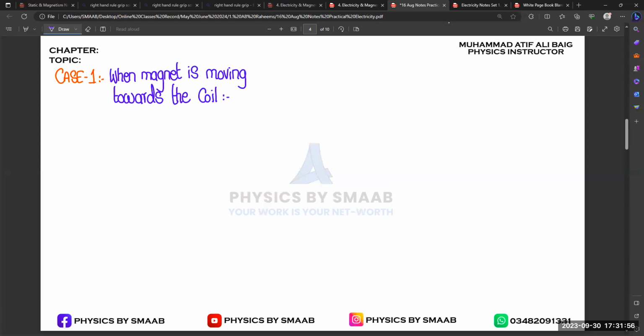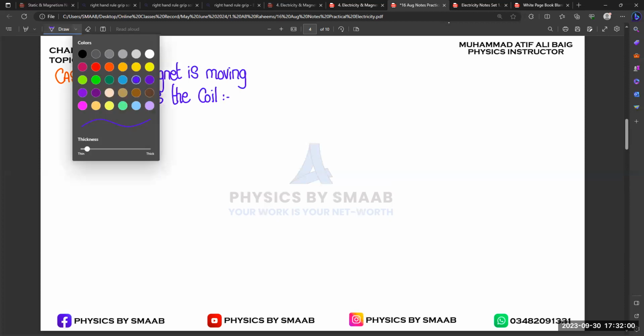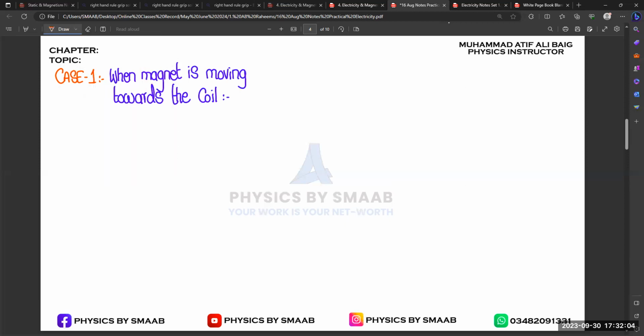So when the magnet is moving towards the coil, this is the first thing that we are going to discuss. Let's suppose we consider the north pole, and the north pole is moving towards the coil,